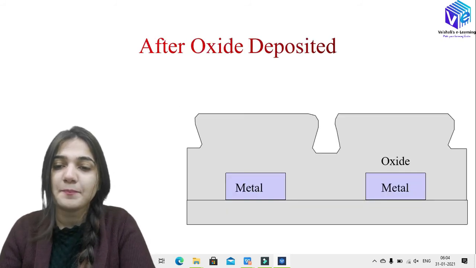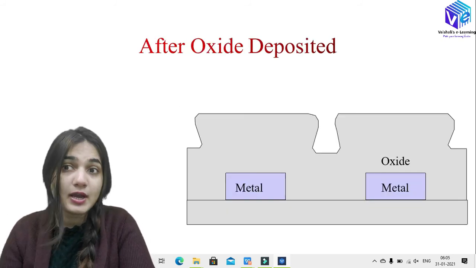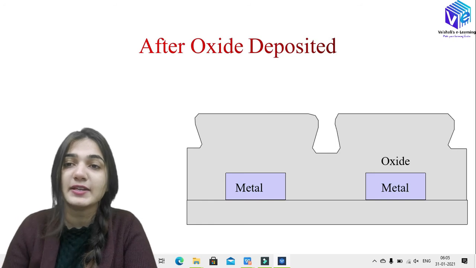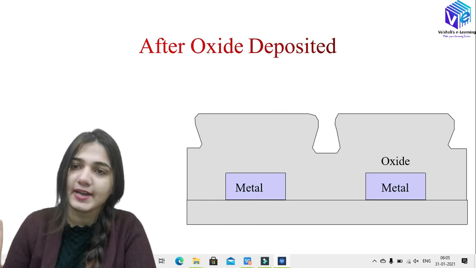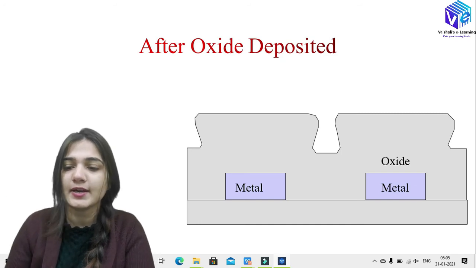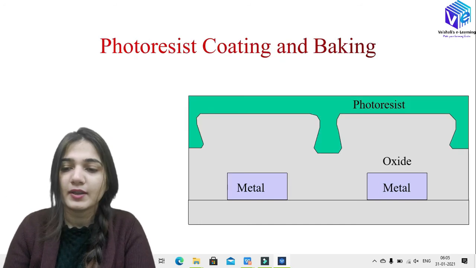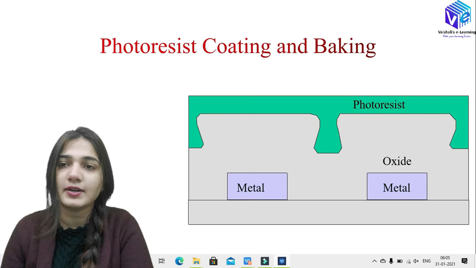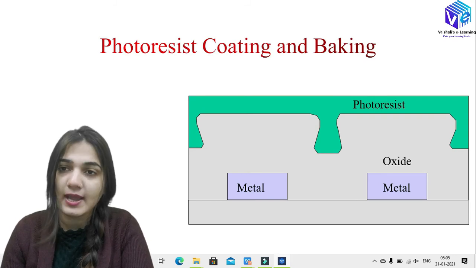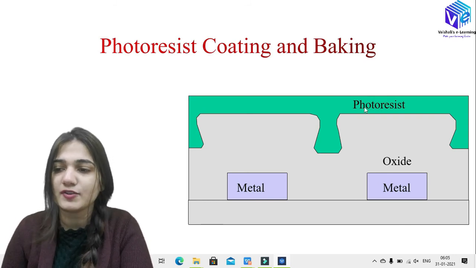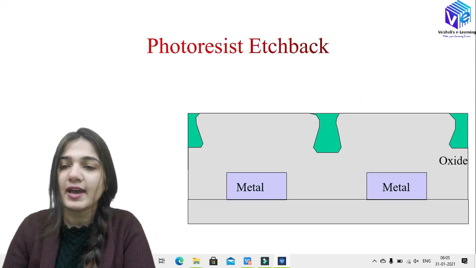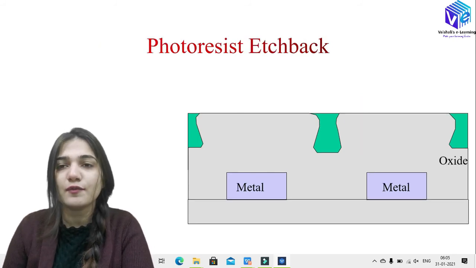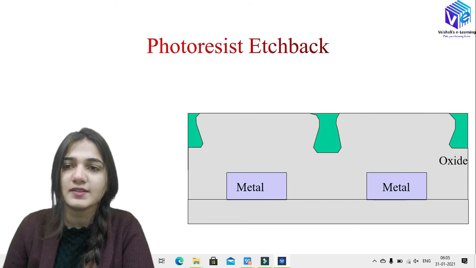So first of all, I am going to show you again what is happening in the photoresist etchback. First of all, we have done the oxide deposition. This is my oxide layer deposited on the IC, right? After that I have done the photoresist coating and the baking process. After that I have a solid photoresist layer over it, which is a planar layer, right? After that I am going to use the CF4 and the O2 for the photoresist etchback.